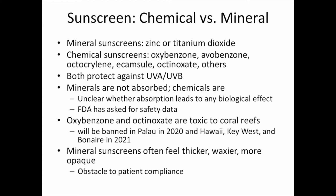And more recently, there's been a lot of controversy about whether sunscreens should be chemical or mineral, and that really depends on the ingredients used to prevent the sun from damaging the DNA of the skin. There are pros and cons to both, and I will often talk to patients about those pros and cons. We simply don't have the data for safety on the chemical sunscreens. They were approved before the FDA was requiring this type of safety data. And so while we know they're absorbed, we don't know what the biologic effects are, and those studies are currently